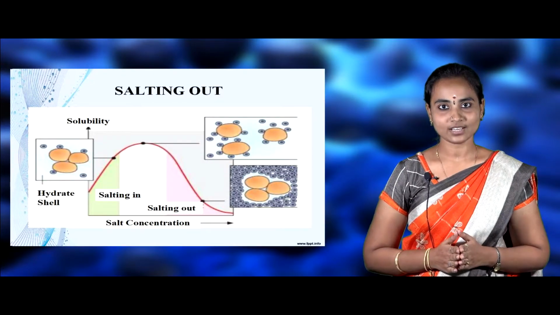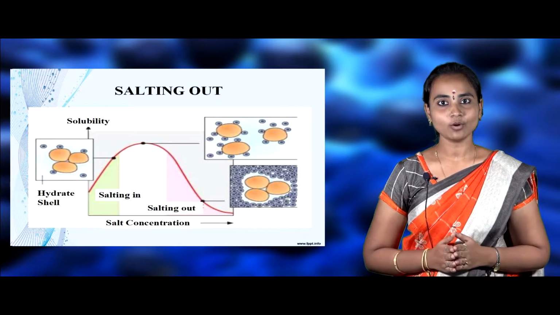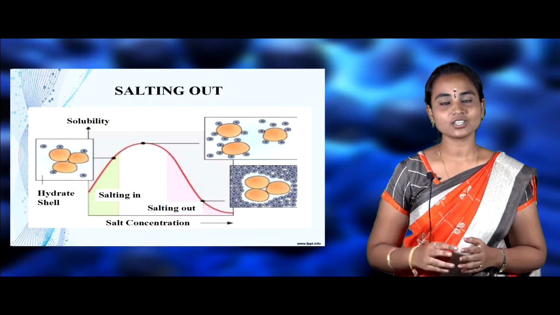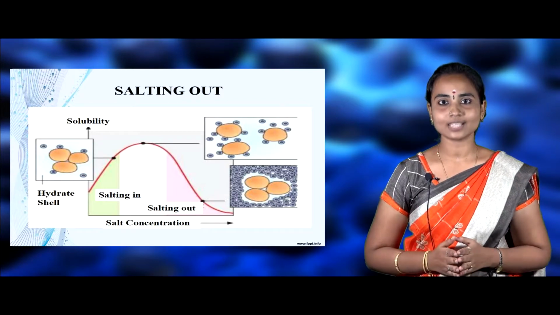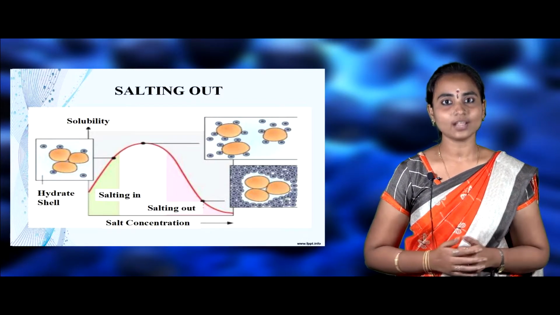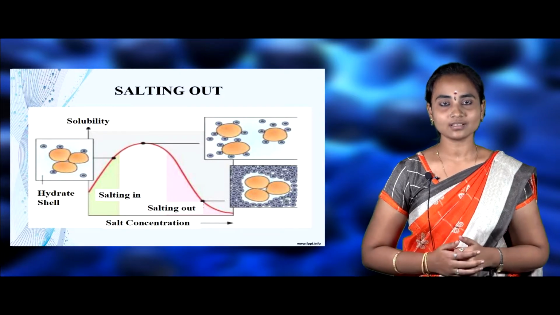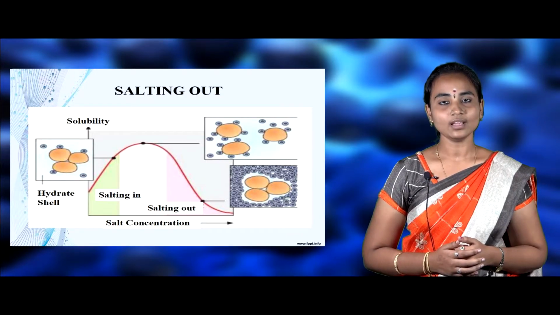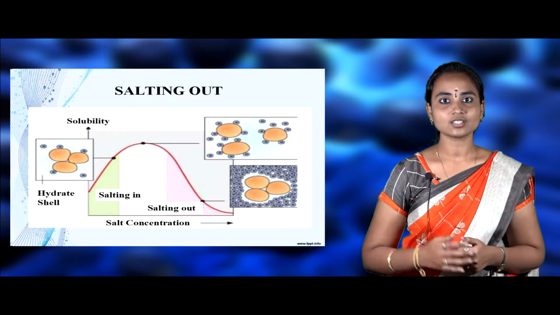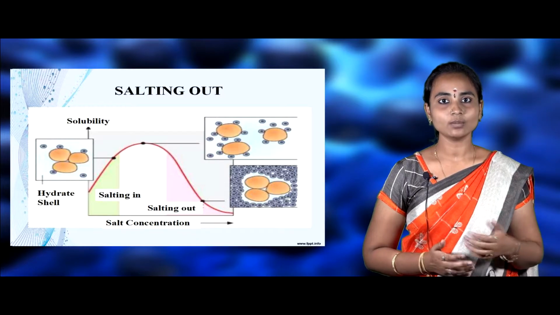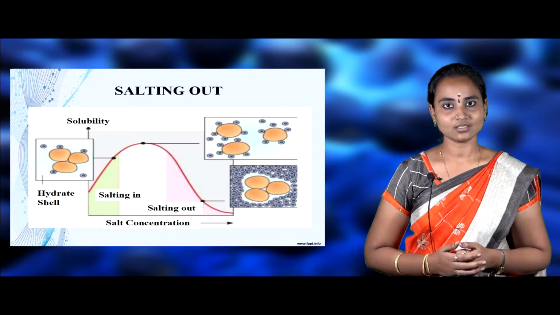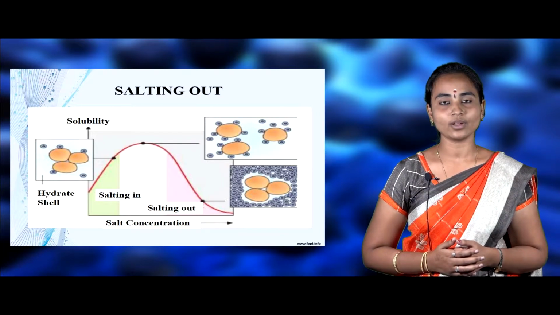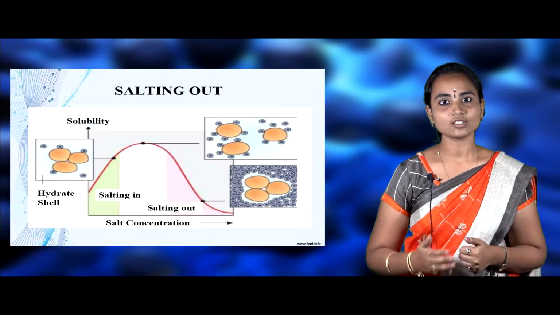In this chromatography, the water molecules mainly interact with the high salt concentration. Based on the salt concentration and solubility, different molecules are attracted towards each other based on their hydrophobicity. This is depicted with a graph of solubility against salt concentration. At low salt concentration, solubility is high. By increasing salt concentration, solubility also increases. After the solubility reaches its saturation point, it starts decreasing even as salt concentration is high.